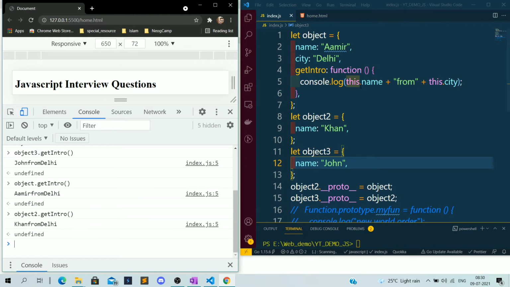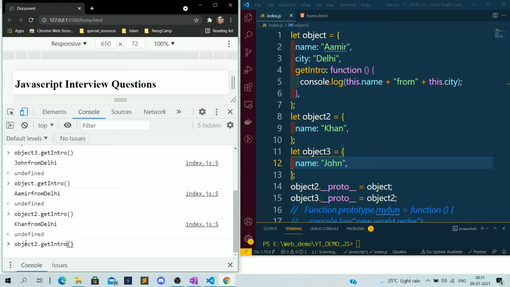Because it will take this dot name not from here, it will take from here. Why? Because we have the name property in object 2. What don't we have? We don't have the city. That is why it is taking from object. So name it is taking from object 2 only because we have the property name. That is why it is taking Khan from the city Delhi, and city we don't have. That is why it is taking from the object 2 prototype, that is object.